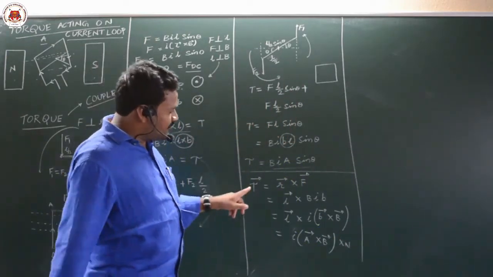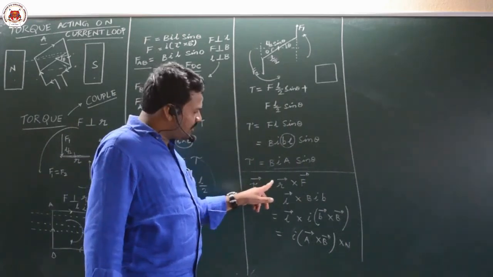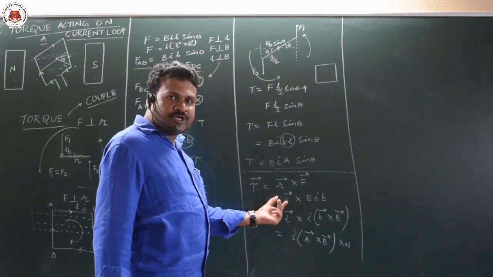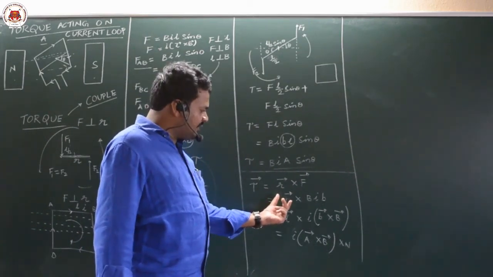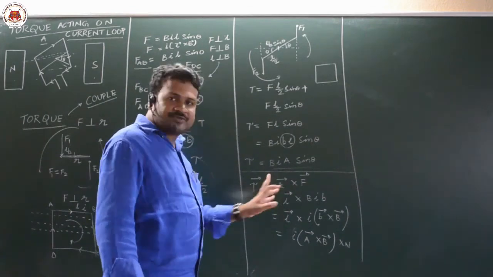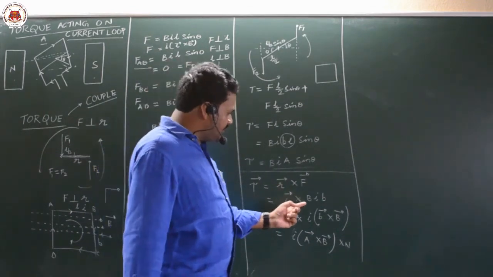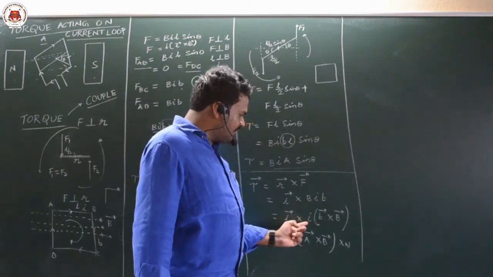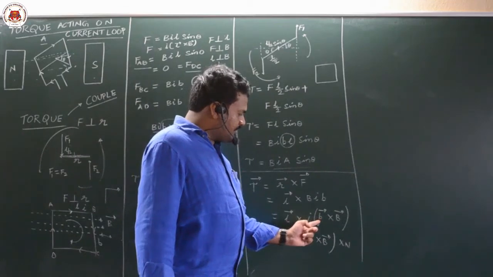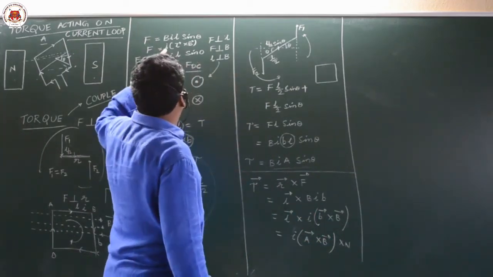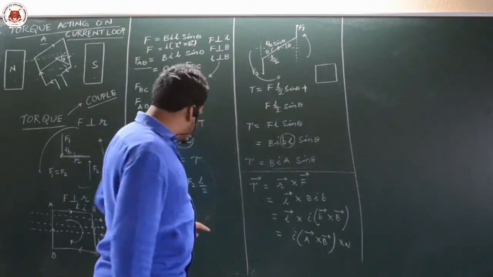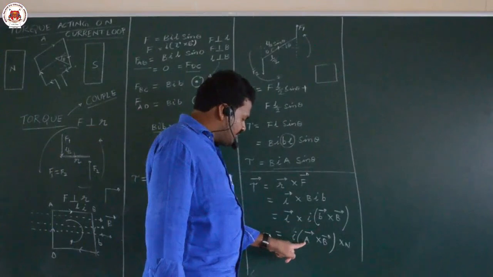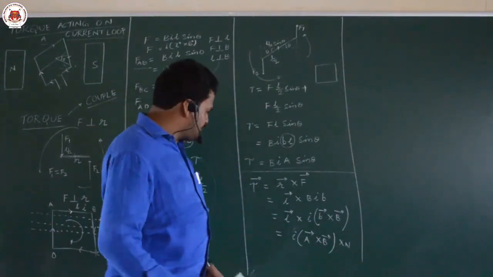This is an alternative method which you can get as a shortcut by using your first year rotational mechanics. Torque is equal to R bar cross F bar. R is the distance about which it is rotating. So here I will take this as L bar. I am directly adding two torques. Force is BIB; if I write in vector form, I into L bar cross B bar. That L is here, breadth B. So L into B is A bar cross B bar. So this is the formula for torque.